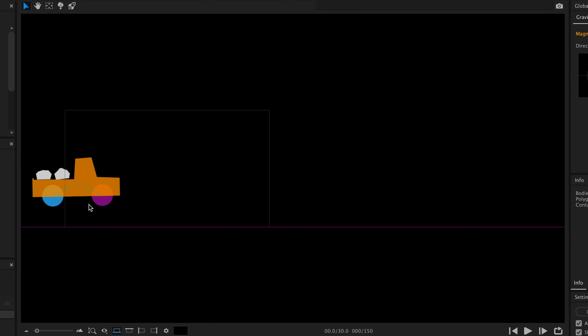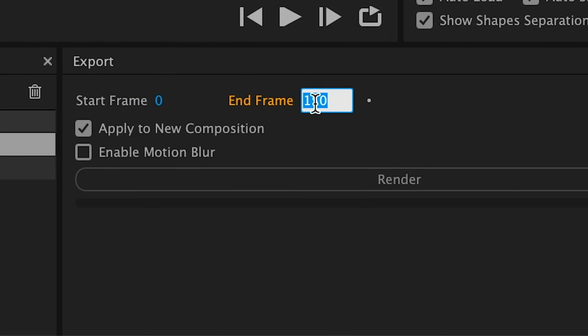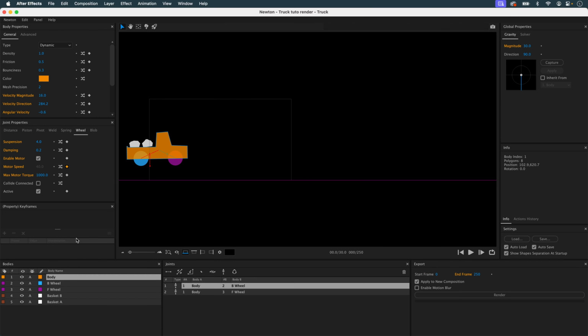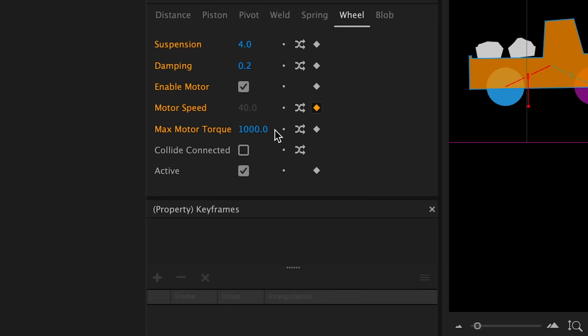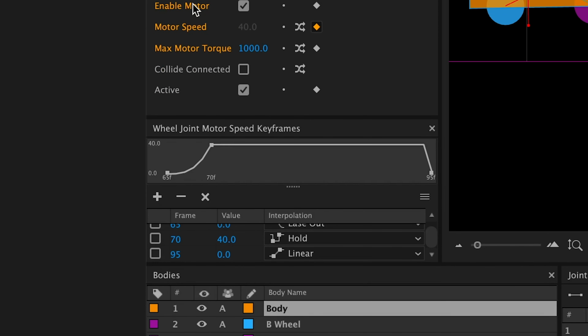Cool. I could back it up too. So we'll put in a few more frames. And to make it move backwards, all you have to do is set a negative rotation value in motor speed. So I set another value. It will stop, and we'll say that at frame 110. It's still at 0, and it's going to accelerate to 115. We're going to set it to negative 20.